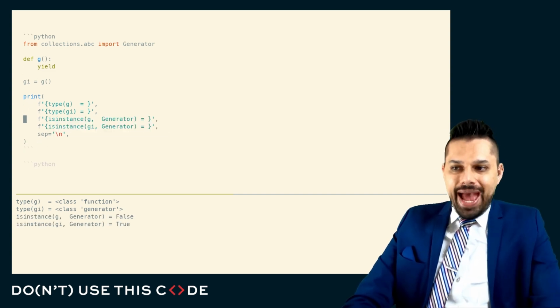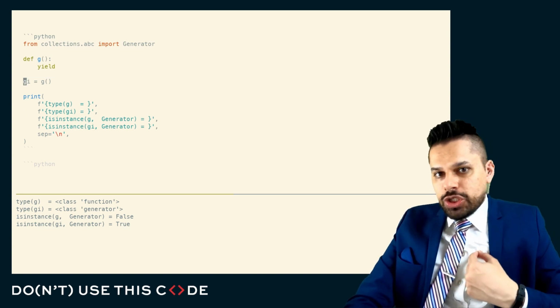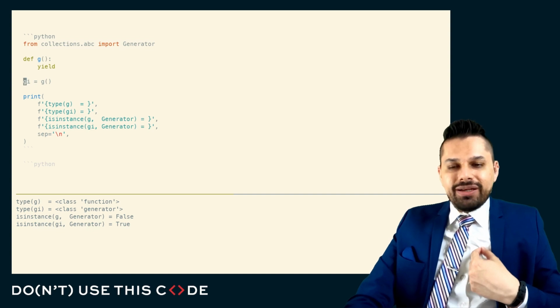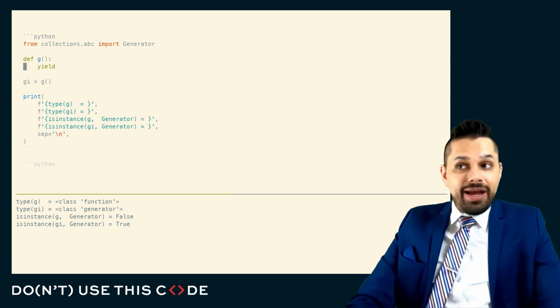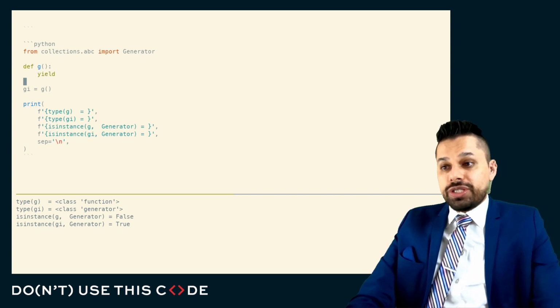And if we ask Python which of these is the generator, Python will tell us that what we think of as a generator instance is actually to Python the generator itself. This is not a generator to Python at all. This is not what we call it, but this is what the Python interpreter refers to this thing as.